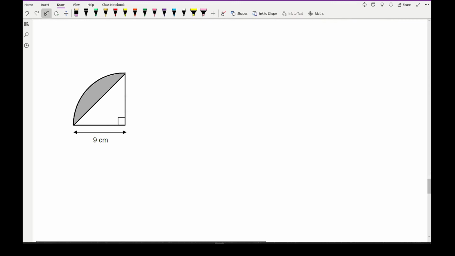So moving on to this next question. Again, here my big shape is the sector. So the big shape equals the sector. Now to work out the sector again, I'm going to do theta over 360 times pi r